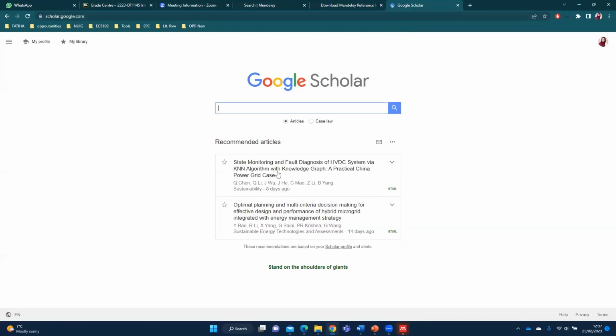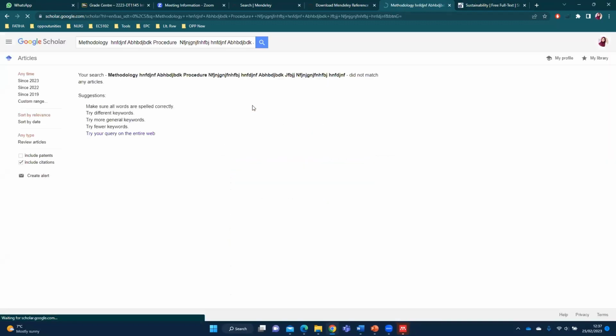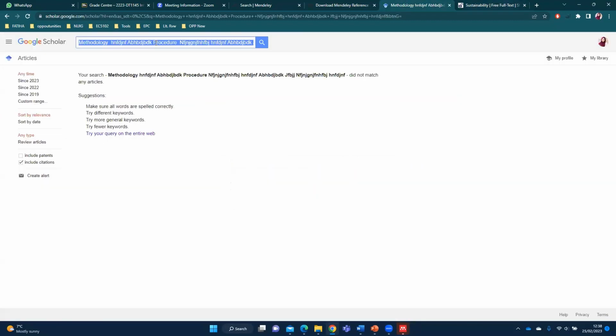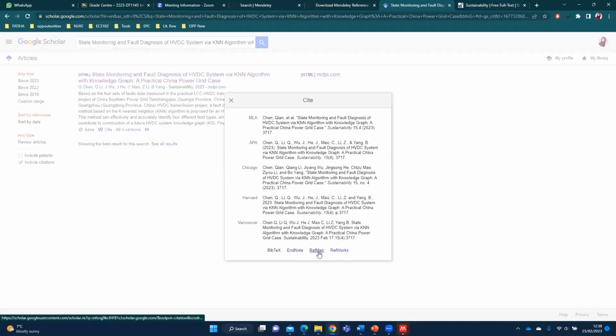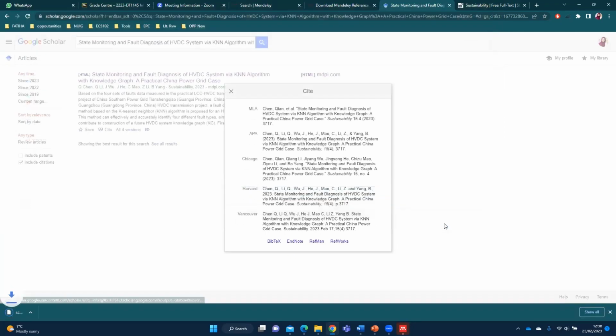Meanwhile it opens, I'll simply show you how we refer to any document. For example, I have to refer to this document. So I search for this document in Google Scholar. I go in here, cite, and then I download this. It depends on which software you have. If you have EndNote, you will download this file. If you have Mendeley, you will download this file. It varies from software to software. Because I'm using Mendeley, I downloaded this file, which will automatically give me